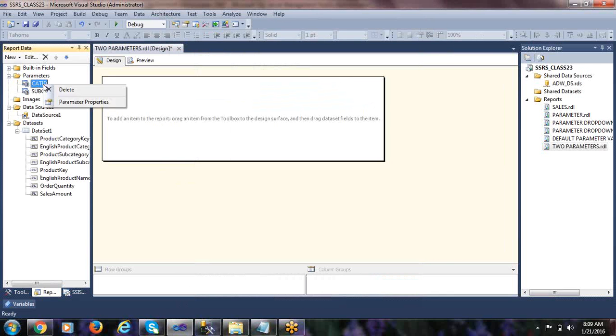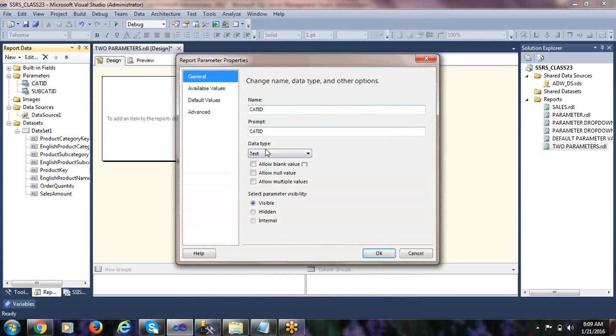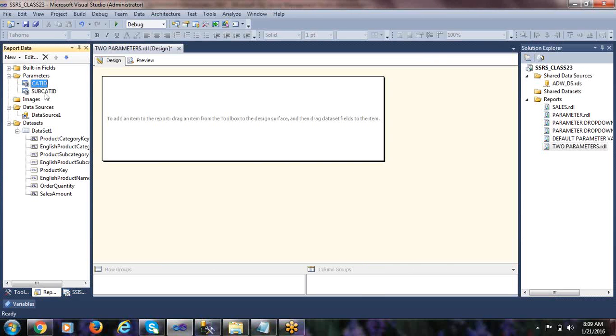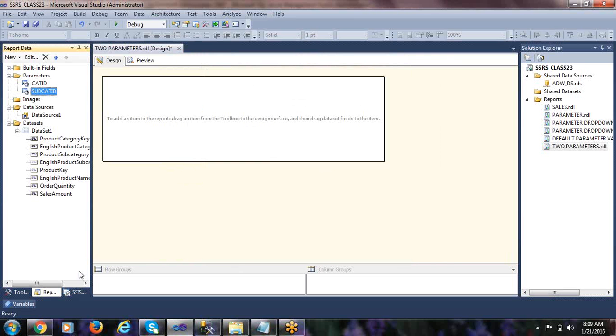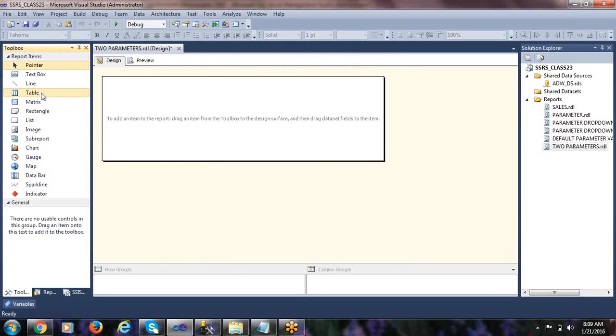See, it has created two parameters. Change the data type to integer. Select category. Okay, click on OK. Again, open the subcategory ID. Change the data type. Select subcategory. Click on OK. Simple. So now let's go to tools.